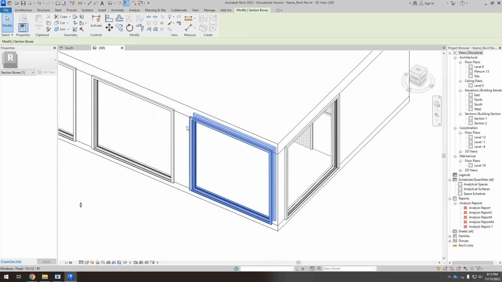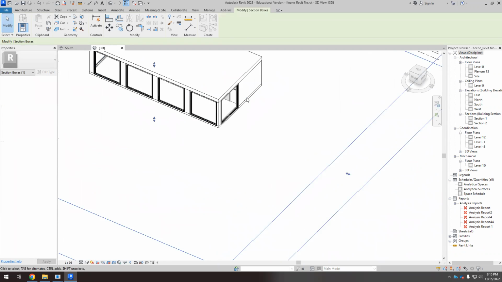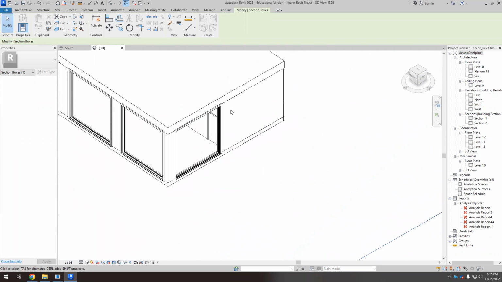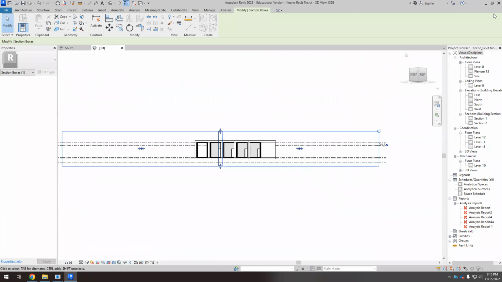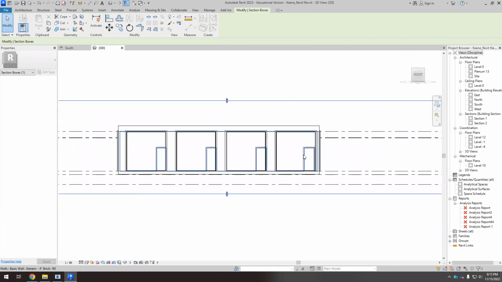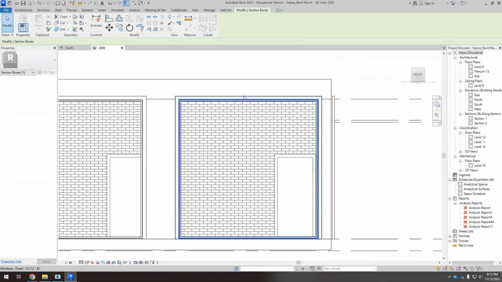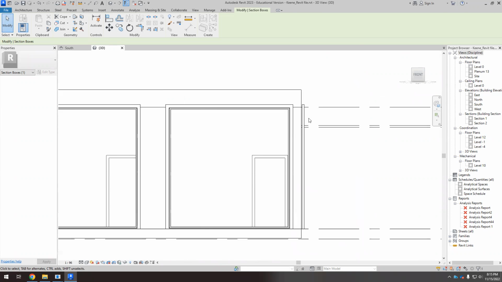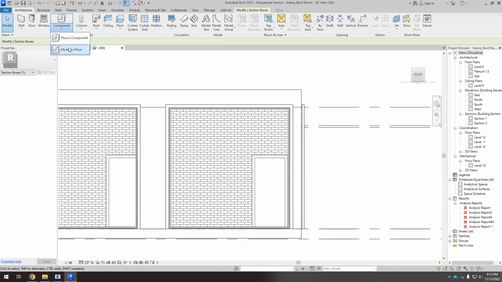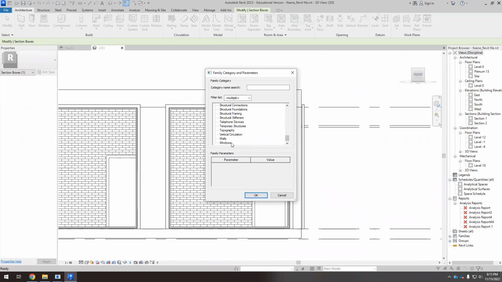But I think it's better, instead of working with a trim, I would do something different. Okay? Using the component model in place. So I'm going to go to the front view, and I'm going to use the component model in place. So imagine that I have this trim, but I want to do something different. It's not a trim, it's just like a frame to protect this huge window from the sun. And I can go to the model in place, I select the windows,